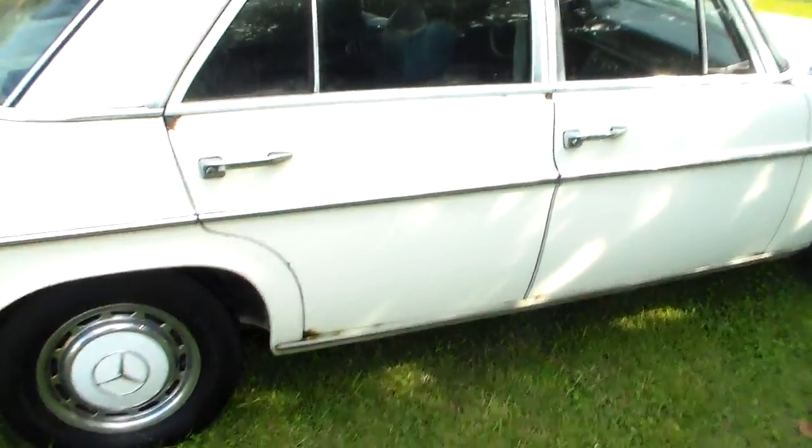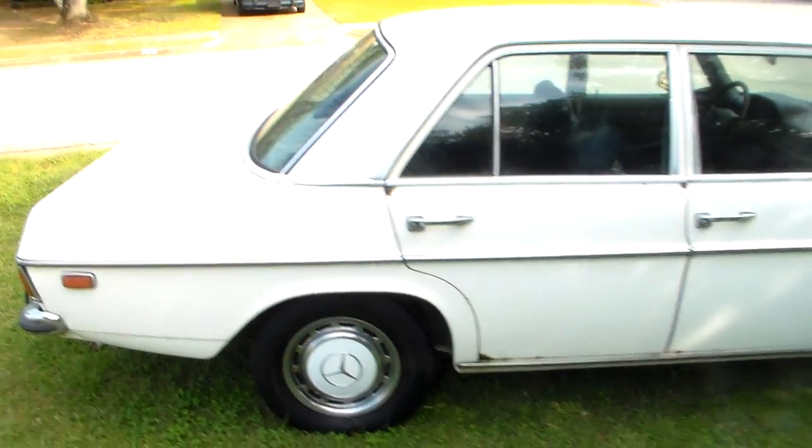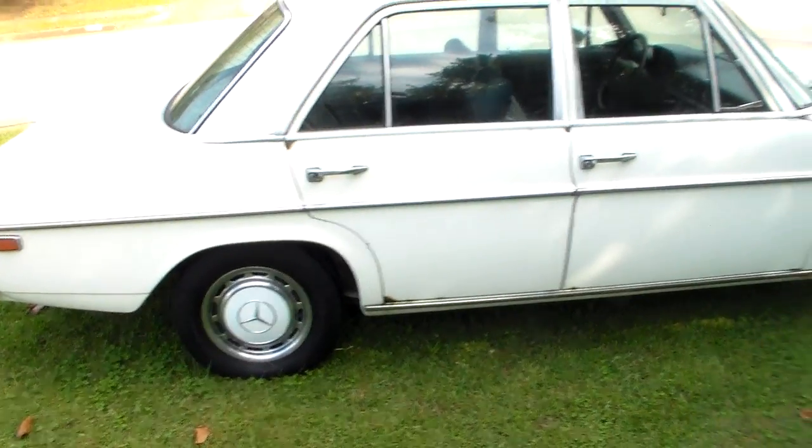Second thing, you take pictures of the bad stuff as well as the good. See, this car has a small rust hole in the door. You need to take a picture of that. You don't hide stuff from potential buyers, because like if this car was for sale, which it's not, and I didn't show that,